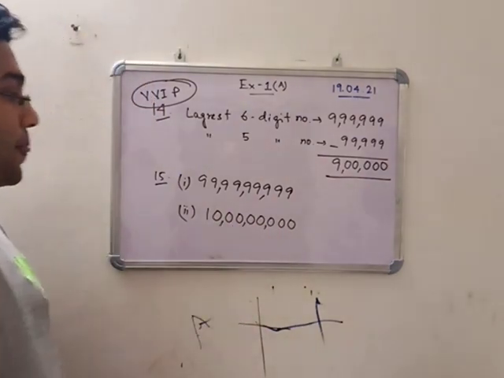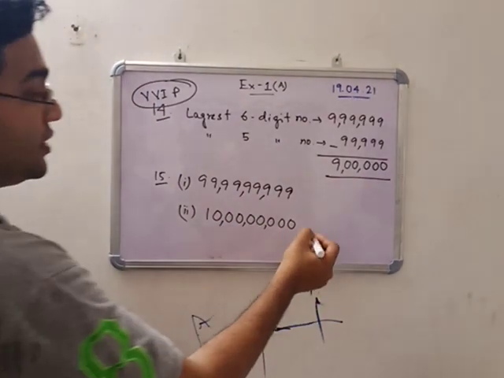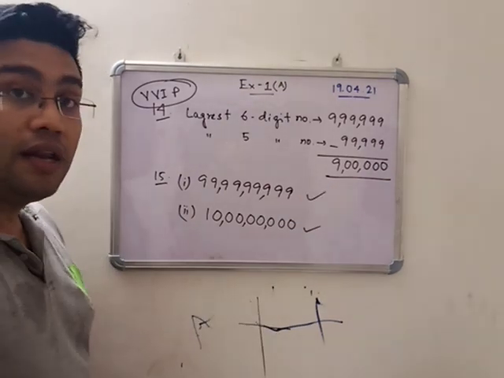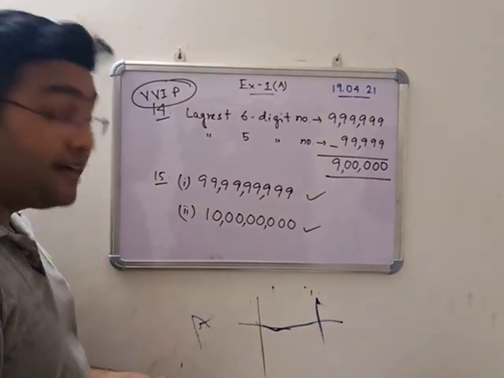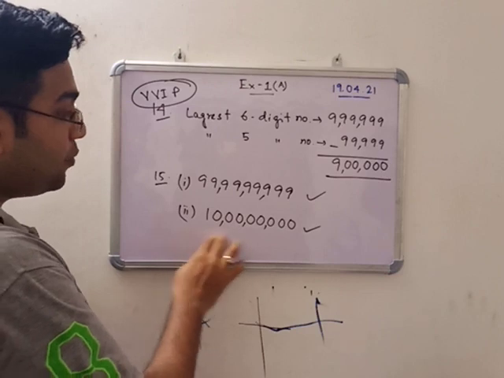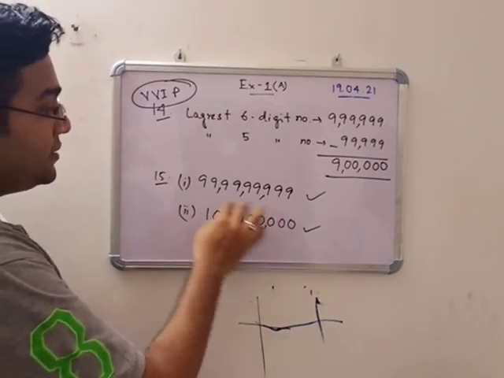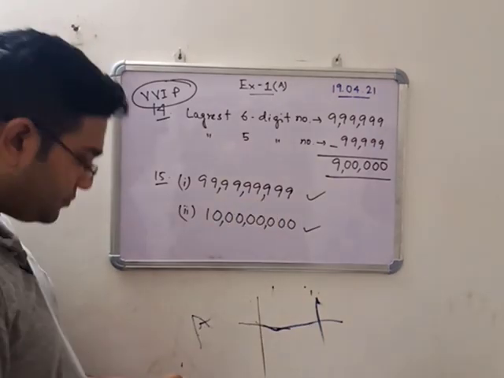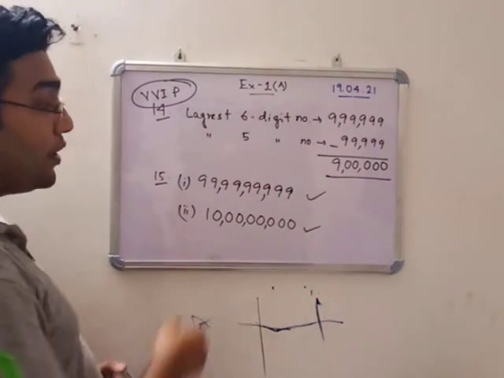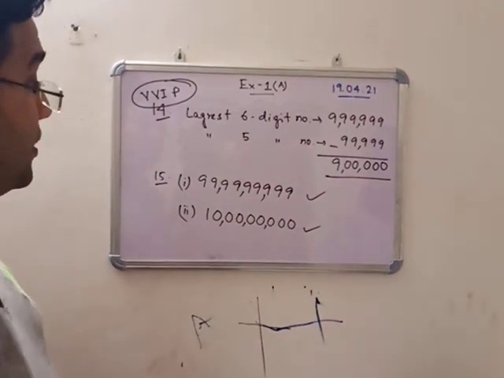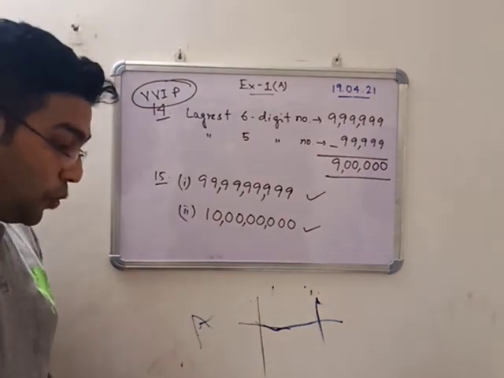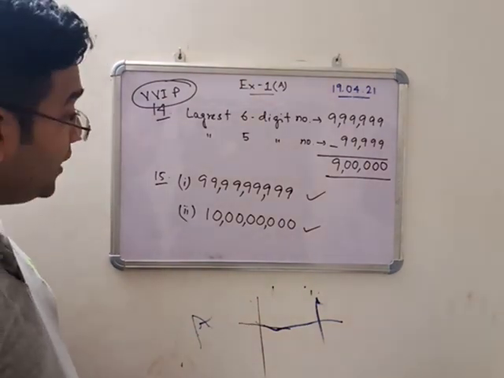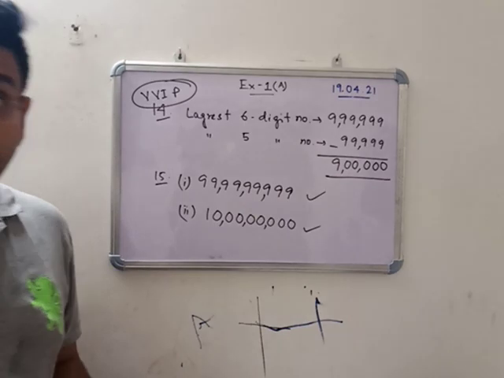This is the smallest number and this is the largest number, like 8 digit number. So this is the smallest 8 digit number and this is the largest 8 digit number. Use commas for your help. Very important part, using commas. So in the next part, before you go, note down.